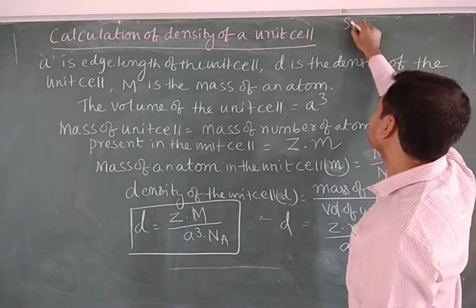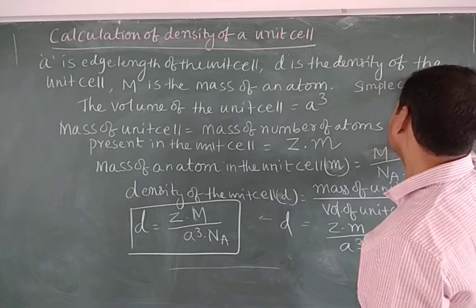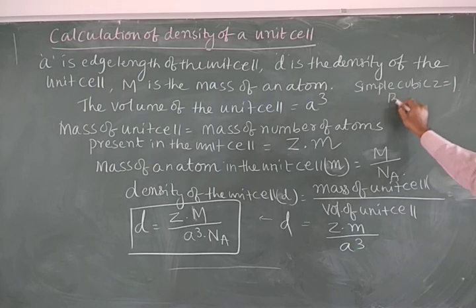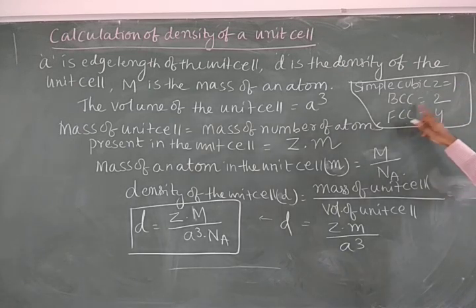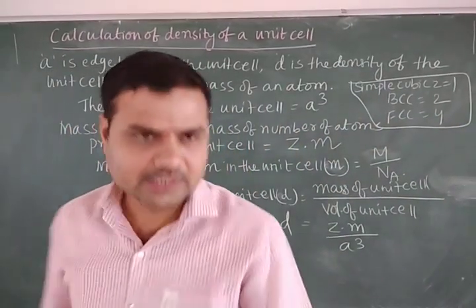And remember always, for simple cubic, I am writing here, if the unit cell is a simple cubic unit cell, Z value is 1. Okay, remember always this. If it is BCC, Z value 2. If it is FCC, what is the Z value? 4. In a question, they will mention only simple cubic, then the Z value will not be given. You substitute the Z value, that is Z is equal to 1 if it is simple cubic. If it is BCC, take the Z value 2. Okay, and if it is a face-centered cubic unit cell, you have to take the Z value as 4. Right, and based on this, we are going to discuss some numericals.